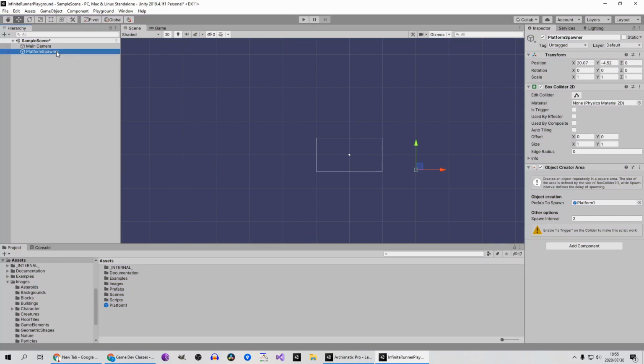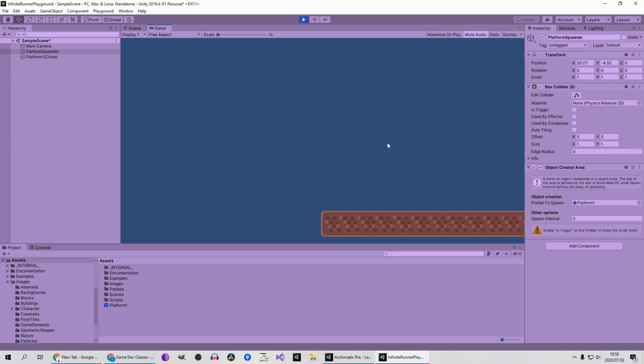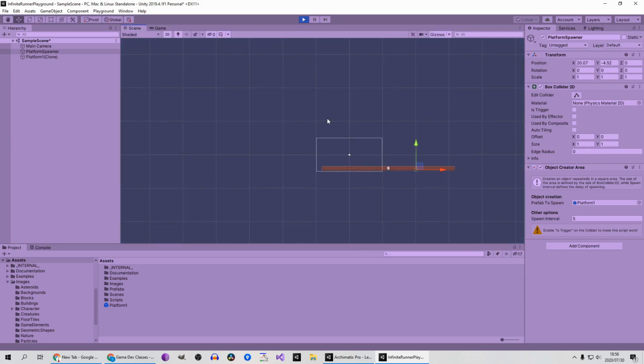Okay, so that's still creating on top of each other. So let's change spawn interval to... Oh, I actually increased it, so that's why it's still going to spawn on top of each other. Let's slow that down, so I'm going to change it to 5. Click back at scene. So you'll see it'll spawn slower. But now there's a bit of an issue here. When you create 2 objects on top of each other, it's going to have friction between them, so it's going to slow down the one that's already on top of it,